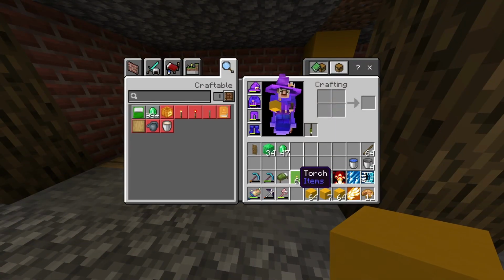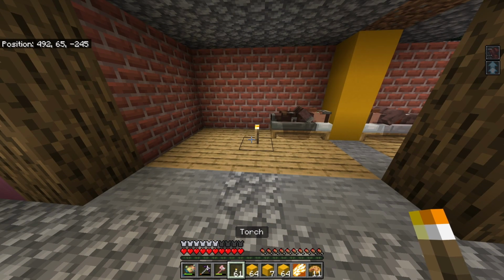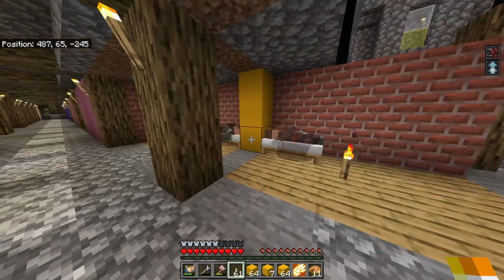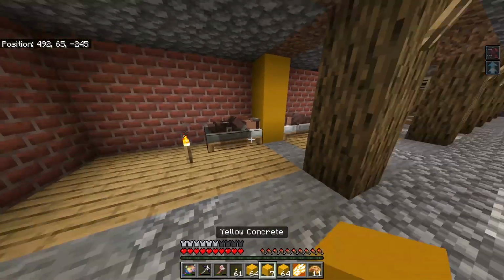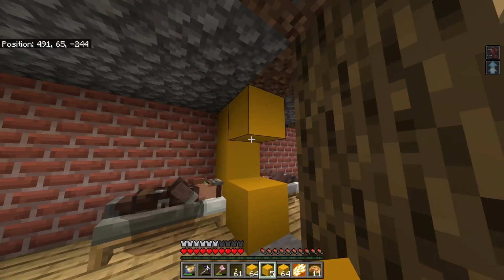Oh, and you know what? This guy doesn't have any light. That's not good. There we go. We'll make sure they're all lit up, because that could lead to something bad. All right, so